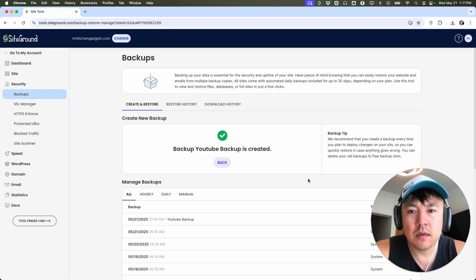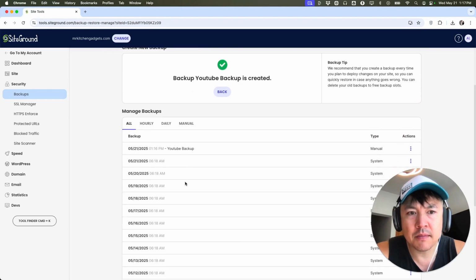Now it's processing. A quick second later, the page refreshes. Actually, that took about 60 seconds. So this particular website is pretty small. There's not a huge amount of pages or data on it. I think that if you have a huge website, it's probably going to take a little bit longer. But for my website, which has maybe, I don't know, I think there's maybe 40 pages on this website, it took about 60 seconds. So now you can see on the backup down here at the bottom, YouTube Backup, and